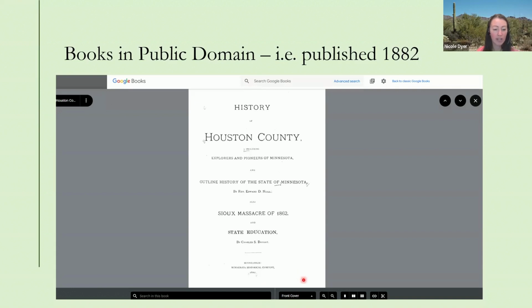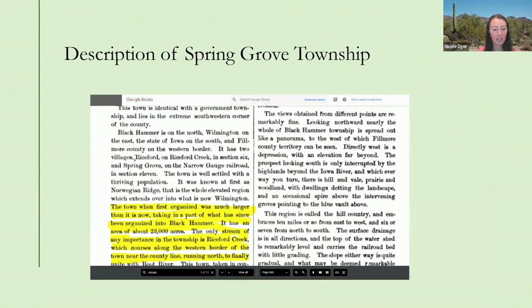Let's say that I'm writing a biography about my ancestor who lived here, and I go to this description of Spring Grove Township. Reading this, I just think this is such a good description of the town, and I want to use a lot of these words in my report. So we've already avoided copyright by finding a public domain book.